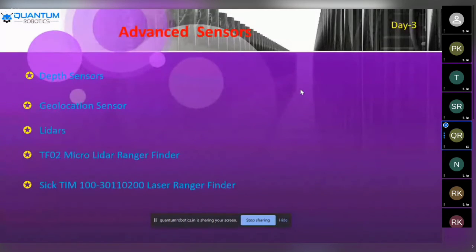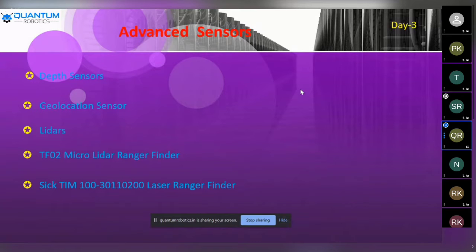Whatever sensors we know are very basic, like in line following. If we are doing basic projects like a line following robot, obstacle avoiding robot, or gesture control robot, we are going to know about the IR sensor, ultrasonic sensor, PIR sensor, and moisture sensor. These are all basic sensors. But in real-time projects and real-time implementation for industry purposes, there we are going to implement this other type of sensors.